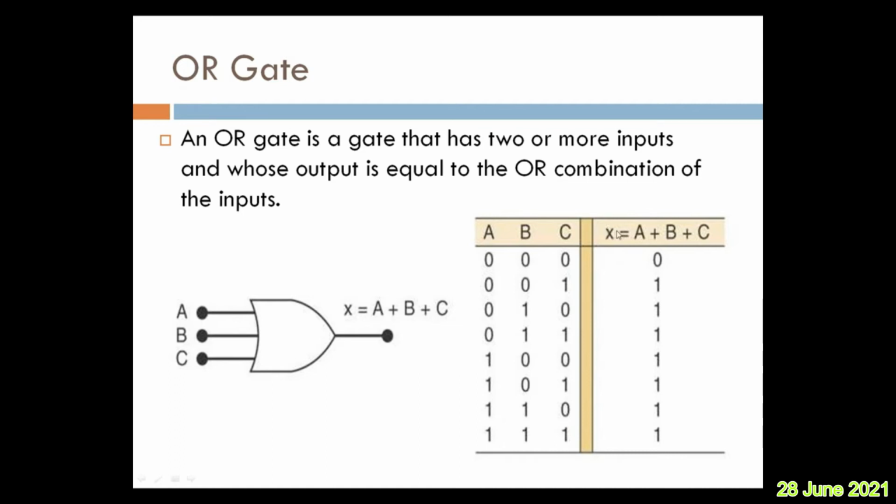So x is the output. Now the same rule is applicable. If any one of the inputs or all inputs are 1, you see in all these columns, minimum 1 is there, out of the 3, one input is high, that is 1. That's why in all the places output is 1. Only in the first row all the inputs are 0, therefore output is 0. Hope you understood. Very simple. Same thing is applicable if the number of inputs are 4. If the number of inputs are 4, then you will have 4 variables, 2 raised to 4, that is totally 16 combinations you have to write here.